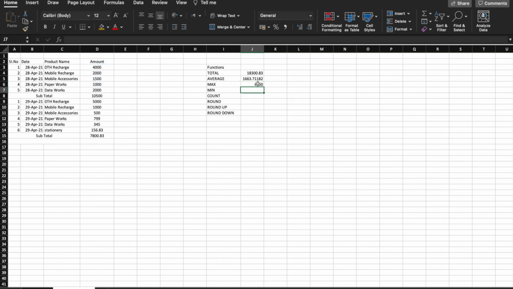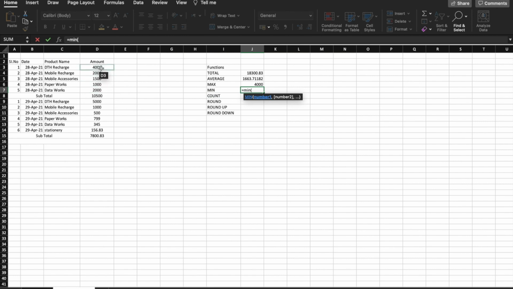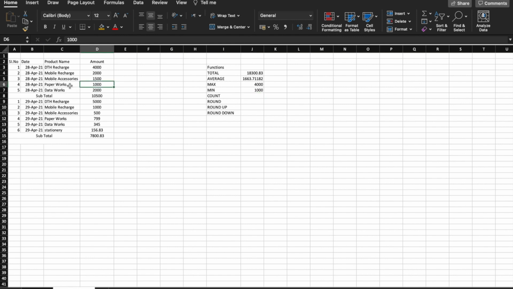So 4,000 is the DTH recharge value. And to find the minimum value, equal to minimum of this one, minimum 1,000, real paperwork.